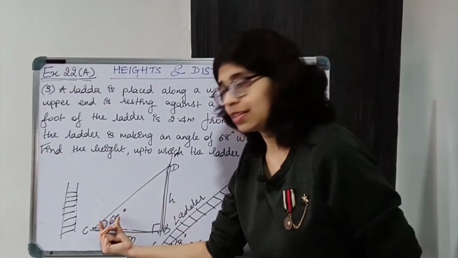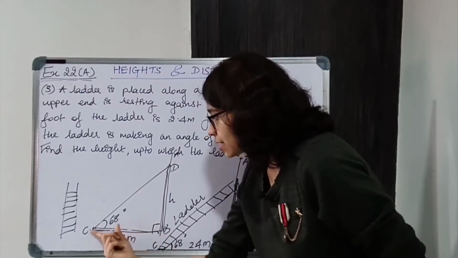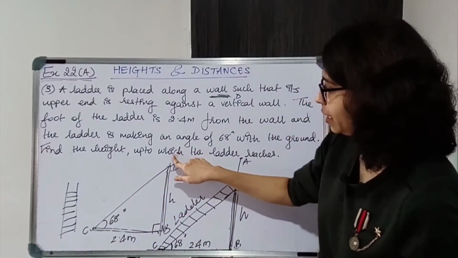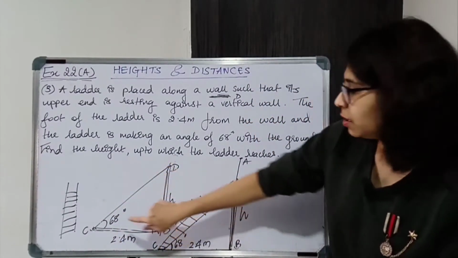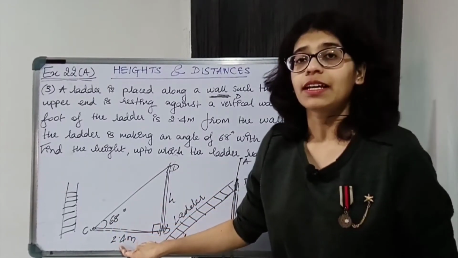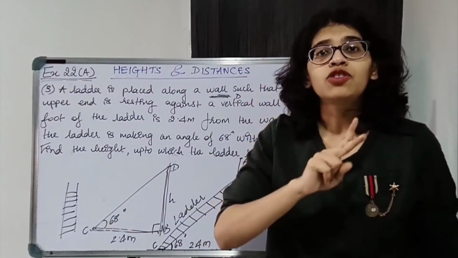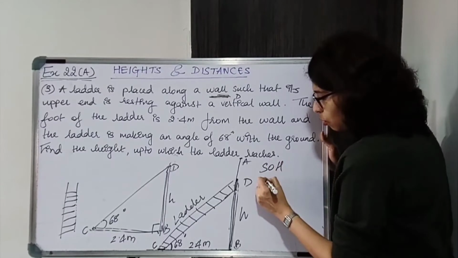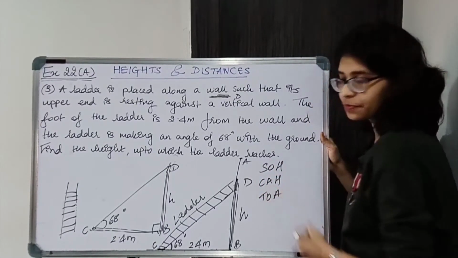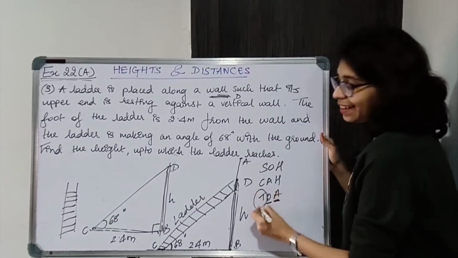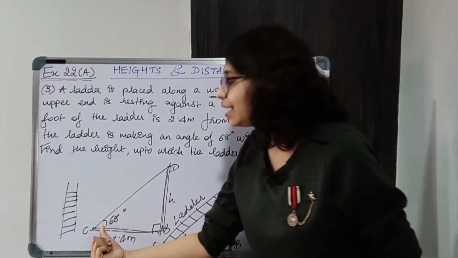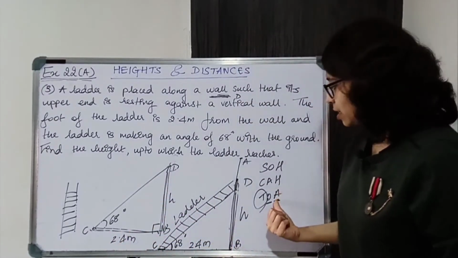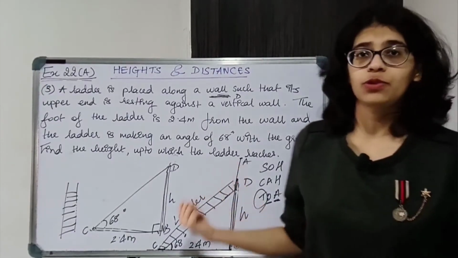Again there is an angle, there is the adjacent side given, and we need to find the opposite side. So in this triangle, let's not consider point A. We need the relation between the opposite side and the adjacent side of the angle. When are opposite and adjacent related? Sine, cos, tan. Try to recall: soh, cah, toa. Opposite and adjacent come in tan. So tan theta will give you opposite upon adjacent. We know adjacent, we know theta, we can easily find the opposite side.